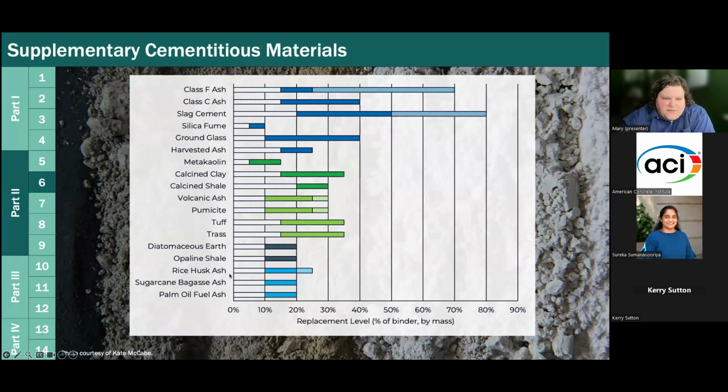And so we tried to include a lot of graphs such as this one. This isn't an exhaustive list of all the materials we covered, but it's a bunch of them where we show what the typical replacement level is. The blue or the green, the colored part, is the typical replacement level. And the hatched color is replacement levels that have been explored higher than what is typical. So you can see silica fume, you only use like a 5 to 10% replacement, whereas Class F ash maybe you can go really high, or slag can go really, really high. These are just different materials and they perform vastly differently.